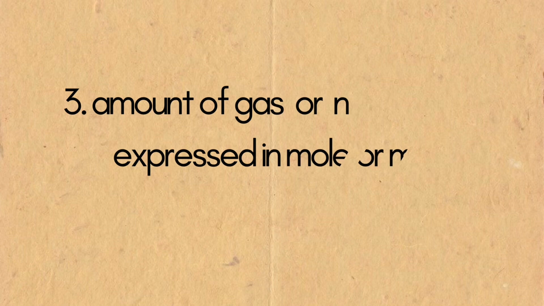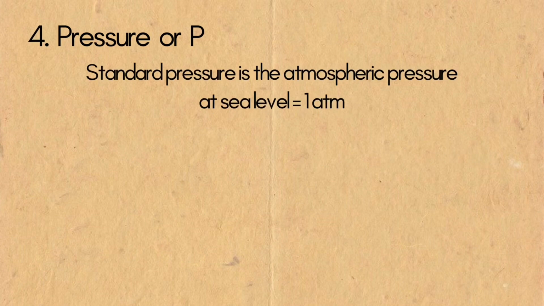Third is amount of gas, wherein its unit can be expressed in mole or millimole. And fourth is pressure, wherein the standard pressure is defined as the atmospheric pressure at sea level, wherein it is